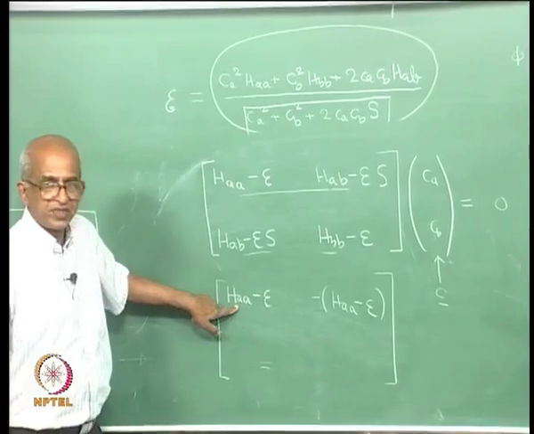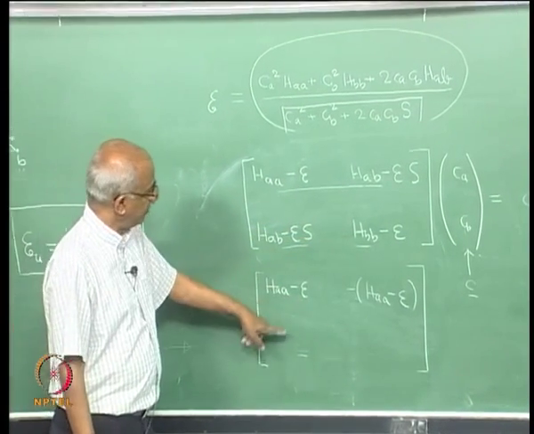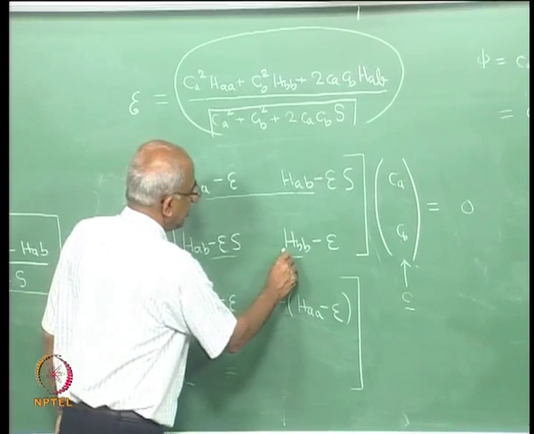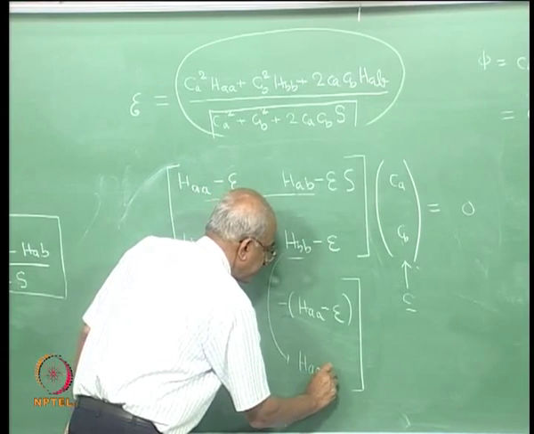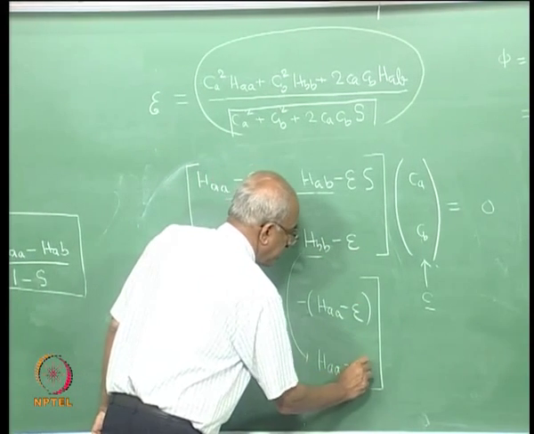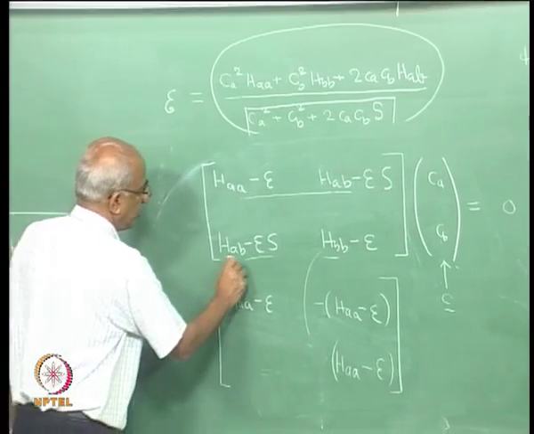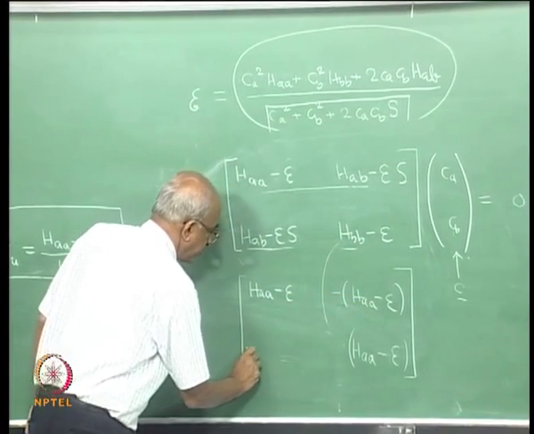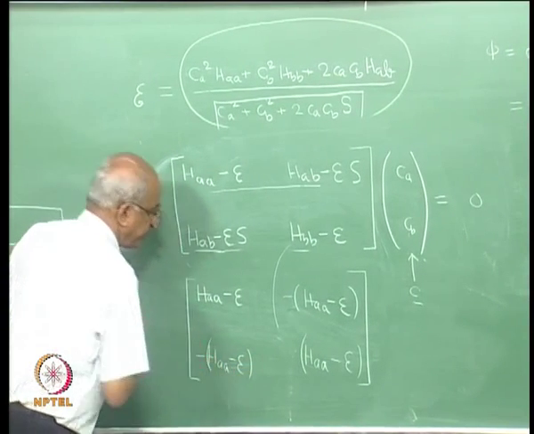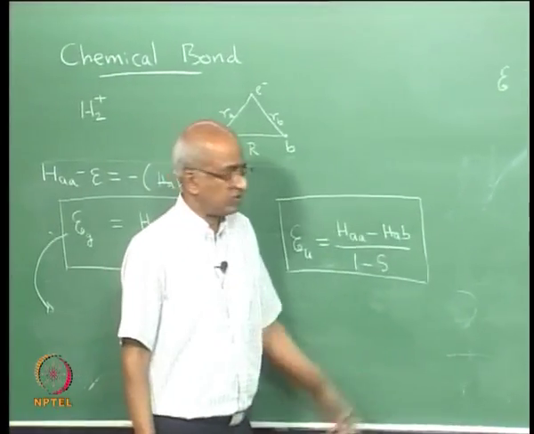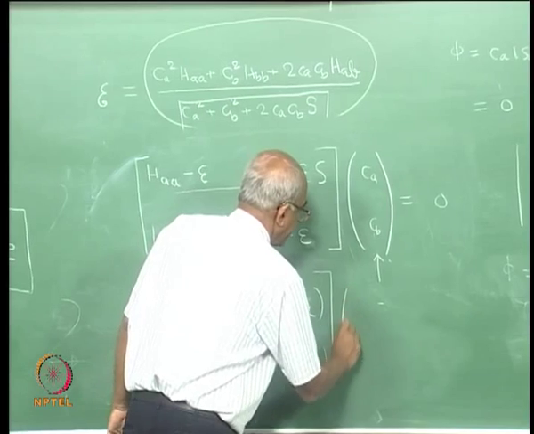This is just the negative of this, that is what that equation says. And if we looked at the second thing, this part H B B is actually equal to H A A. So, this may be written as H A A minus script E, and this object is just the negative of that. So, therefore, this one will become minus H A A minus script E, correct. So, you realize that these elements are all simple, and this multiplying C A C B